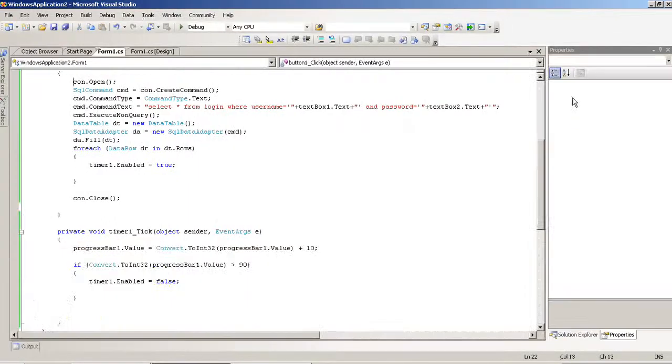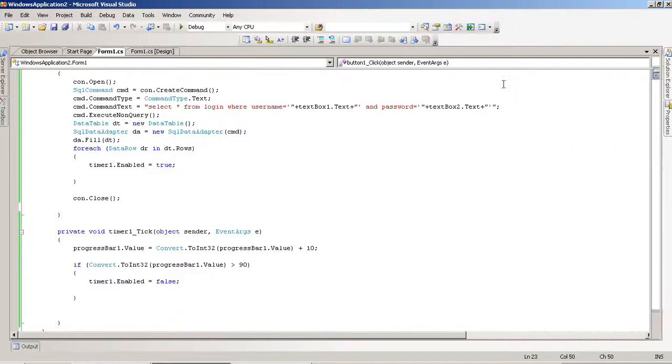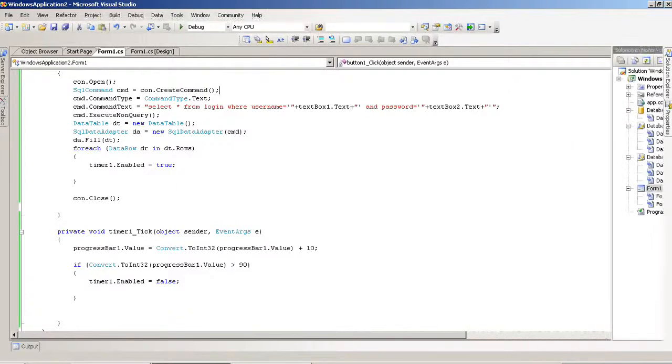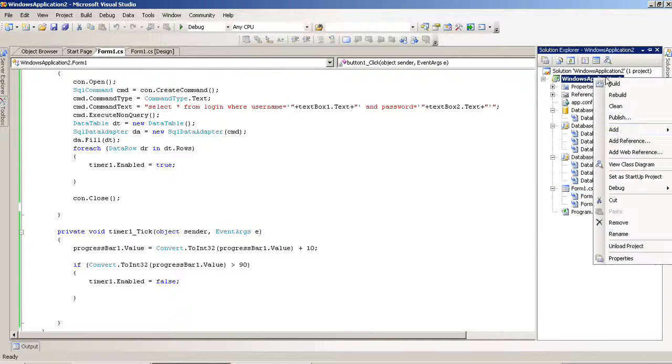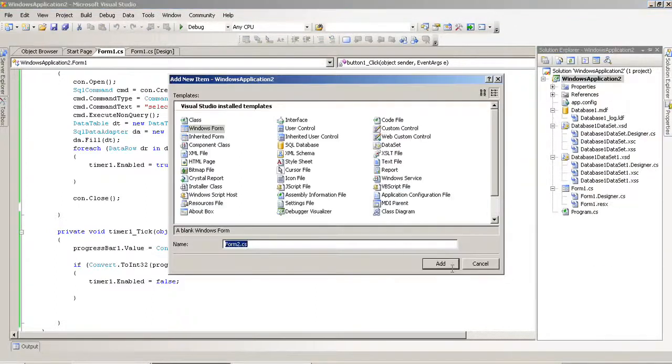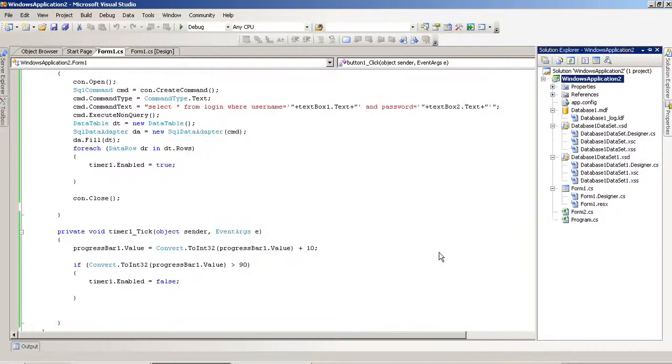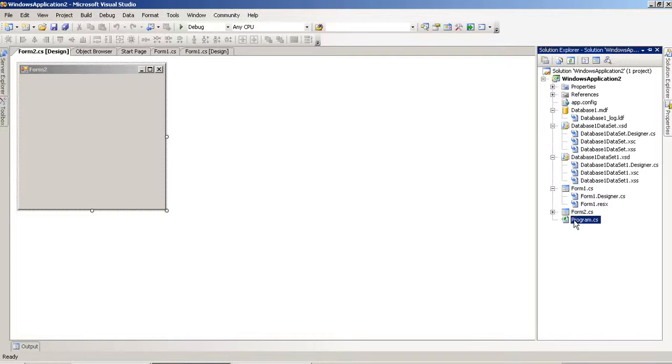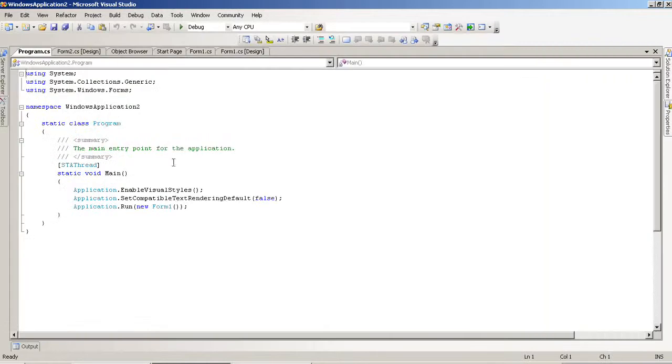Now I create another form. Add one Windows Form, Form2. This is another page, meaning the page after login. In Program.cs I set Form1 as the start form.